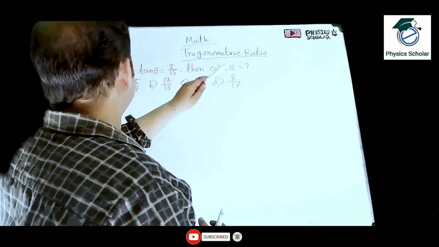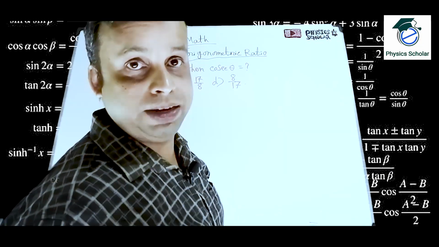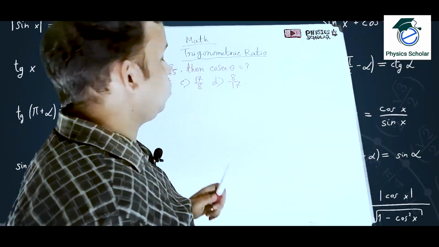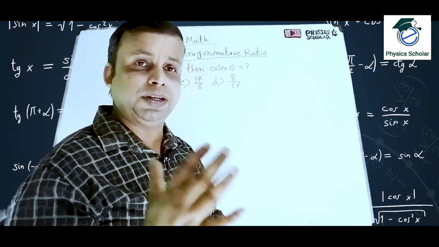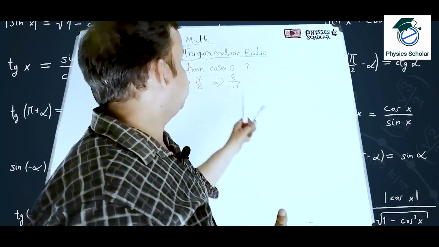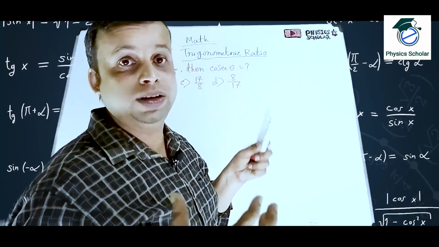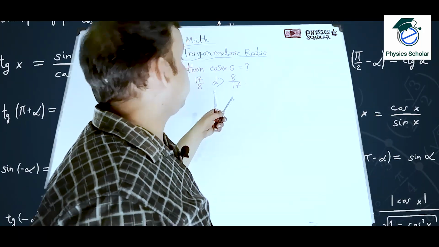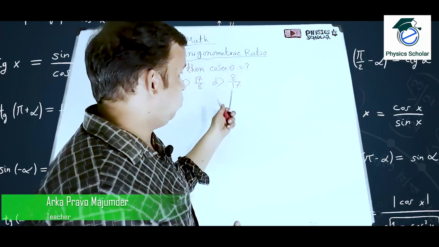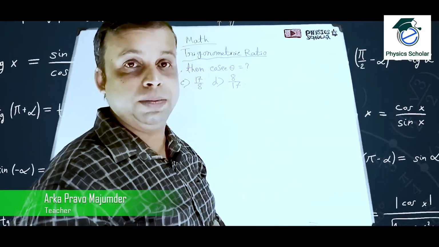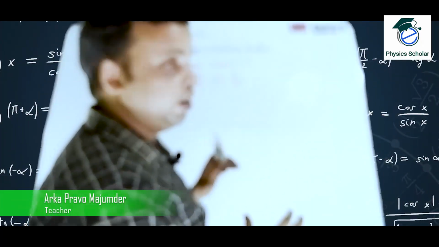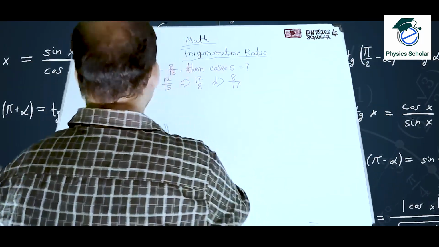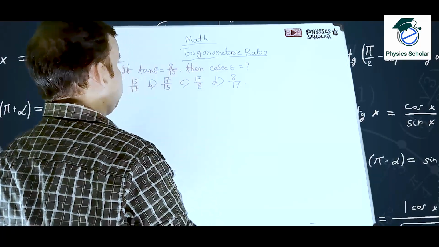Clear? So now the homework I have given, if you see my previous episode, I have given some homework. First I will solve the homework. I am sure most of you already solved this at home, but whether your sum is correct or you made mistakes, or you could not do it, don't worry, I will solve one by one all the sums which I gave as homework. You just check whether you have done it right or wrong. Clear? So the first sum, what was there? If tan theta is equal to this, then we have to find the value of cosec theta.